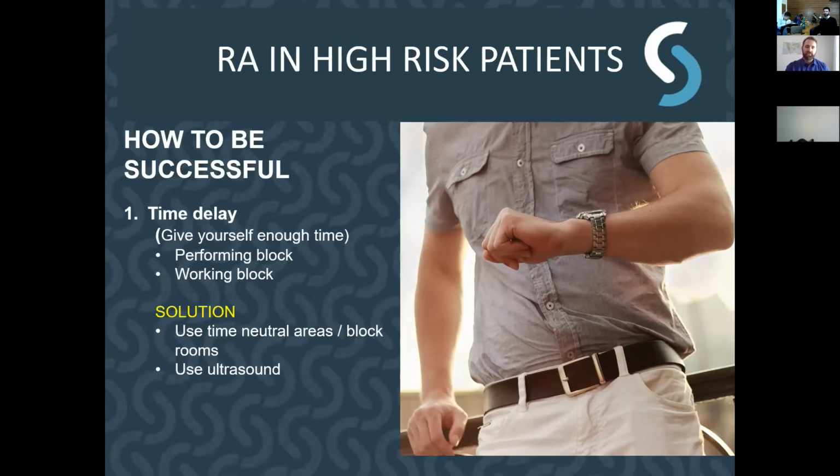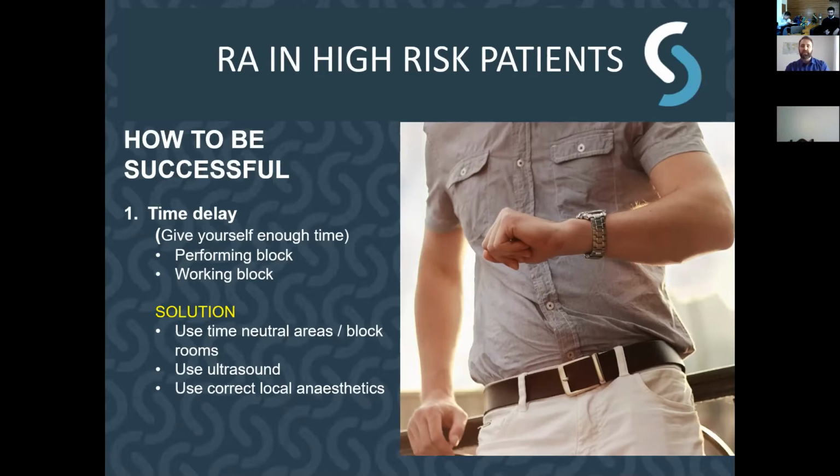When you're doing blocks, the use of ultrasound doesn't necessarily make you do a better block, but it makes you do the same block much quicker. In a study that they did on interscalenes, the success rate was 100% whether you used sonar or not, but with ultrasound, it took 4 minutes to do a single shot interscalene versus 10 minutes to do it with neurostimulation techniques. Other studies have proven the same.